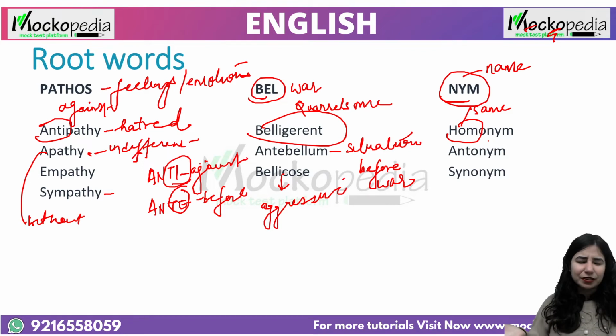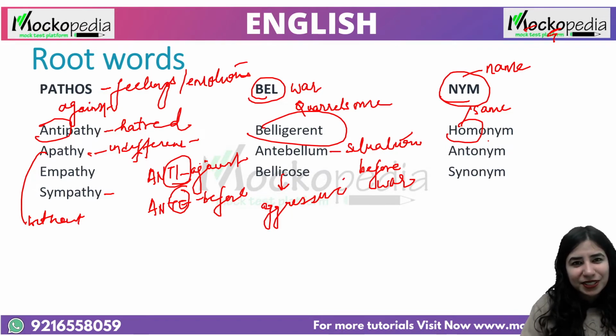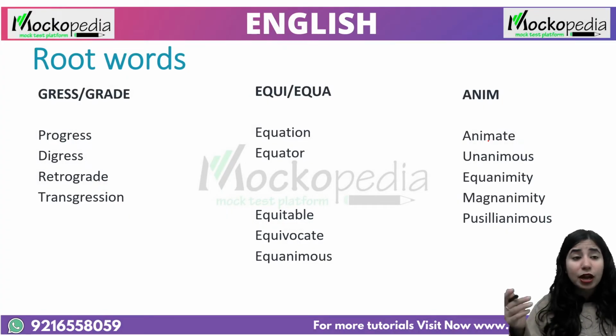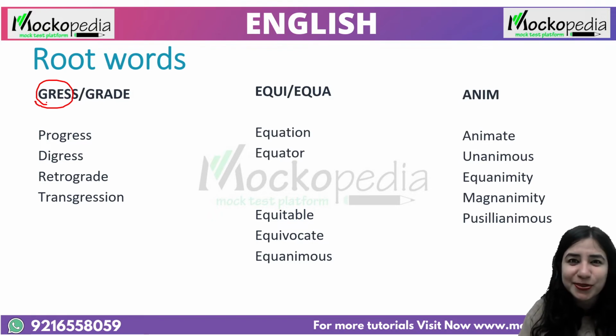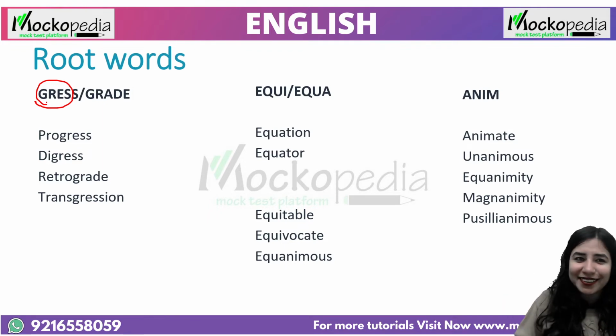Very popular, very frequently seen. So just to tell you that there would be so many words that you would be able to associate better, retain better, or understand better once you know the roots, right? So let's further proceed. Now comes the next set of roots. So GRES stands for, anyways, just count how many words we have learned so far. We have learned more than 60 words, my dear students. And see, it's such a great thing, right? That's how quick and easy learning can be if you are doing it in an interesting way.